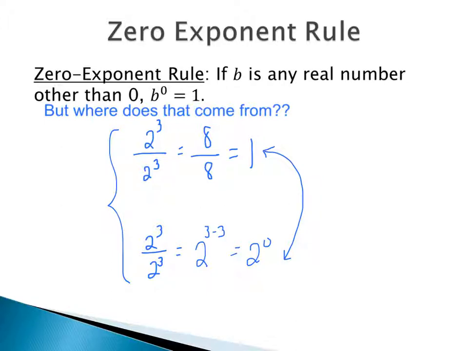So any real number other than 0 raised to the 0 power is equal to 1. So if I had something like x to the 0, equal to 1. Even if I had something like 3x, the whole thing raised to the 0 power, still equal to 1. A large number, 15,001 raised to the 0 power, all equal to 1. All right, it doesn't matter what the number is or what the expression is. If it's raised to the 0 power, then it's equal to 1.